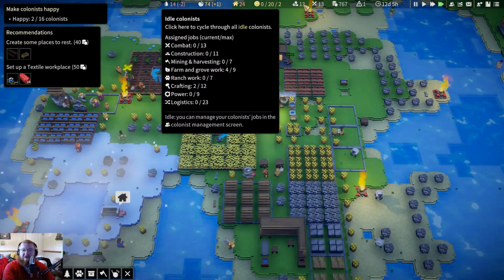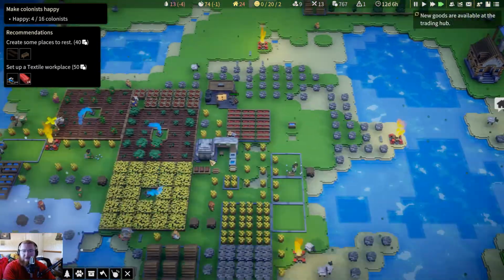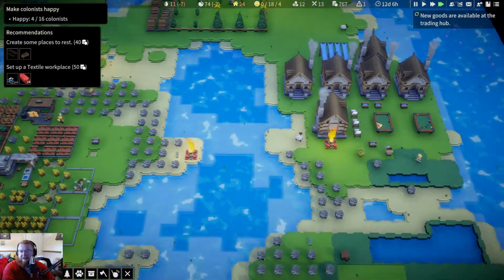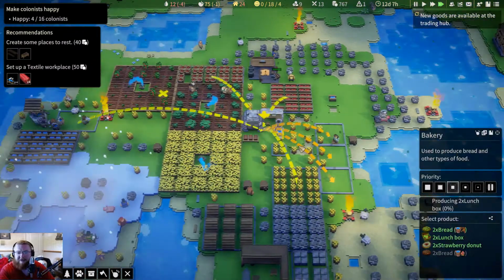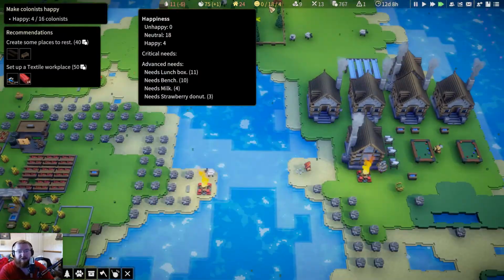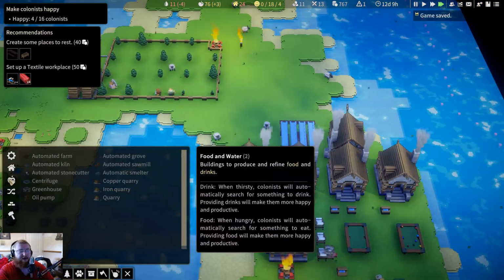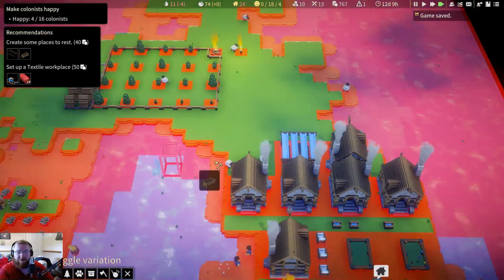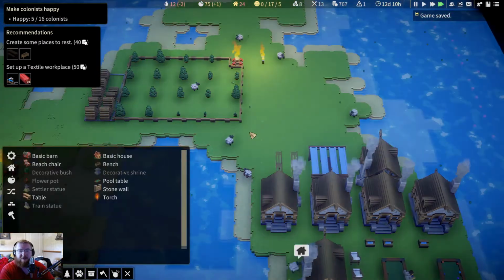We have 13 idle people. I should probably check and see. I don't know if more than one person can work at this job at a time, but if they can, then we might need to start doing that. They need more benches. I'll be happy to give them more benches, because I would like to pass this level